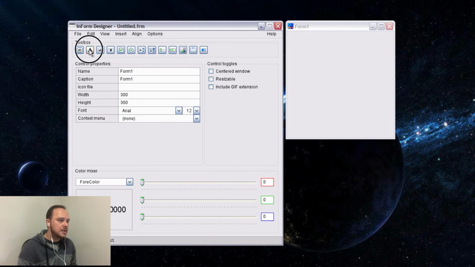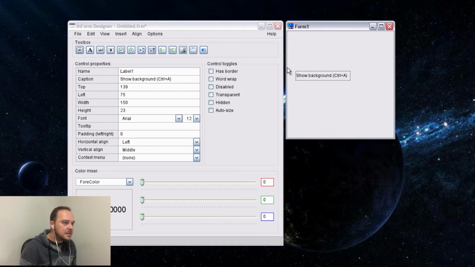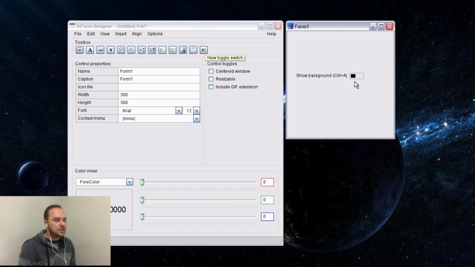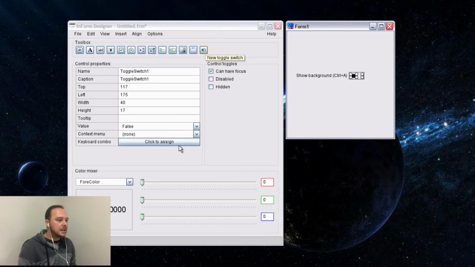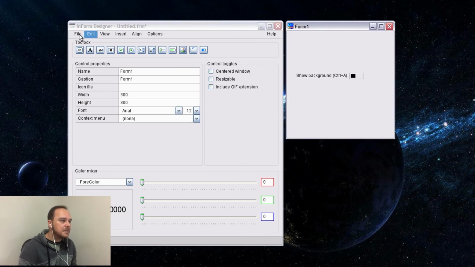Let's have here, for example, a label saying, I don't know, turn things off. No. Let's say, show background. Anything. And I want it to have Control A associated with it. Not the label, but this toggle control I'm adding right in front of it here. How do I do that? I just select my toggle control and click to assign and hit Control A. So when I save this,